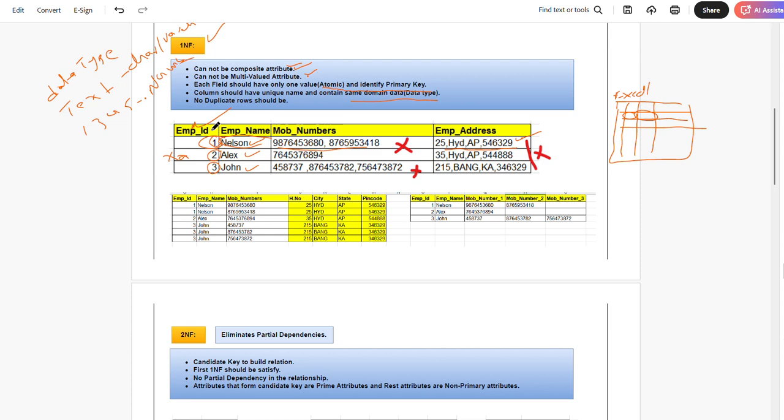So if this one is a number data type column, it means everything should be numbers only. You cannot keep one field as a one, another field as a word, another field as some XX. We cannot keep that. That's the meaning. Same domain means same data. No duplicate rows should be there. We always try to avoid duplicates. Okay. If duplicates come, how we can handle, we will see. Okay. Now,